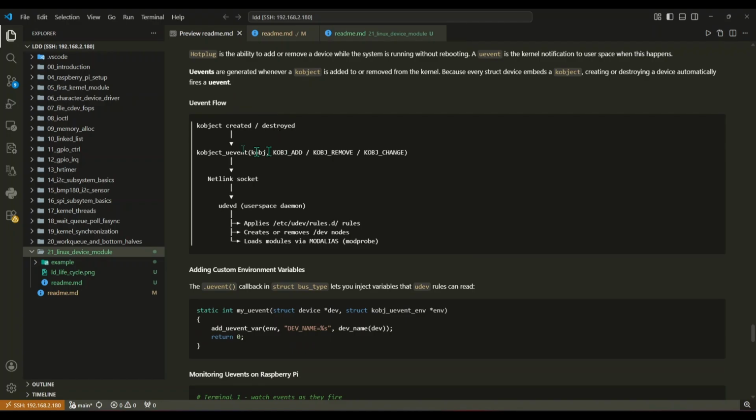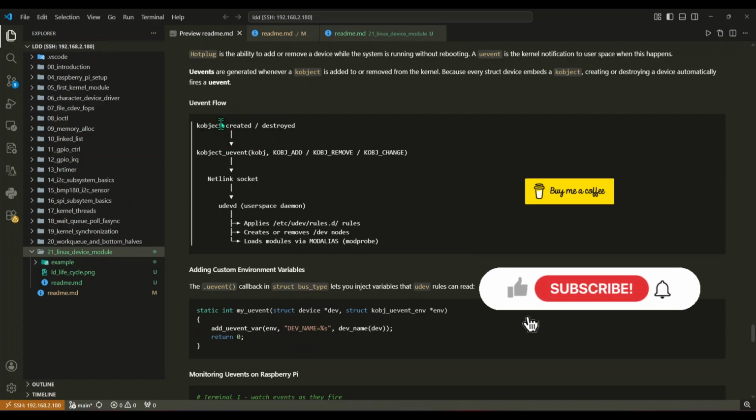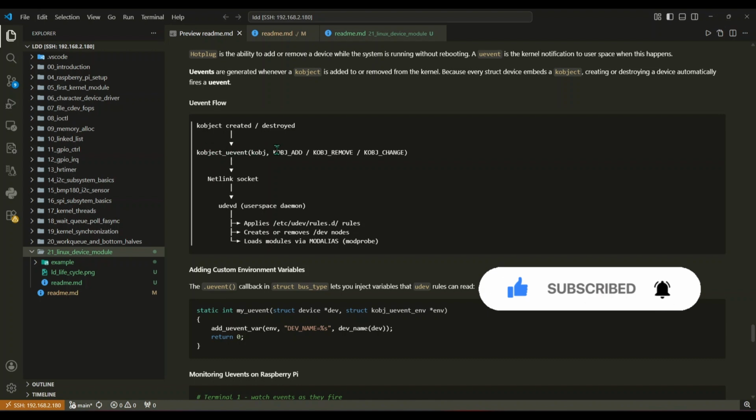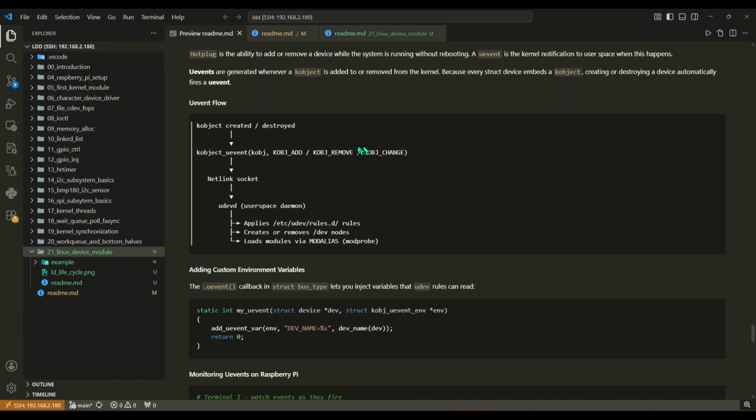Let's walk through the flow. It starts when a kobject is created or destroyed. That triggers a call to kobject_uevent, with either KOBJ_ADD, KOBJ_REMOVE, or KOBJ_CHANGE depending on what happened. That event is then sent through a netlink socket to user space, where udevd, the udev daemon, is listening. Once udevd receives the event, it does three things. It applies whatever rules are defined in